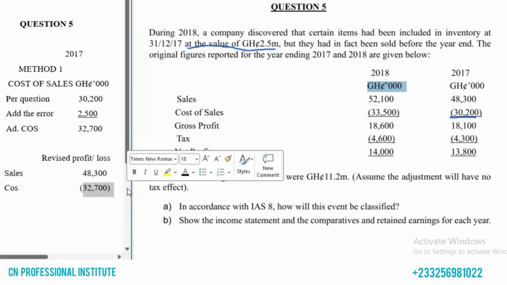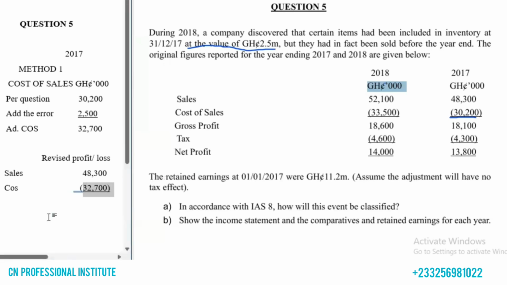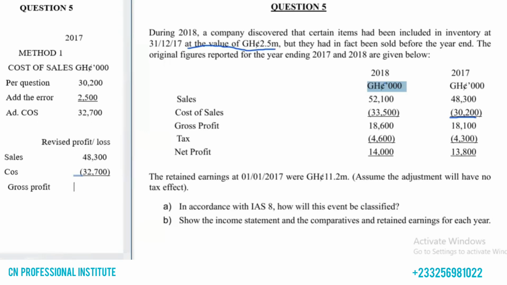So we deduct the cost of sales from our sales or revenue, and then we have 15,600. Okay, so that will be our gross profit now. So we have gross profit to be 15,600. Okay, then